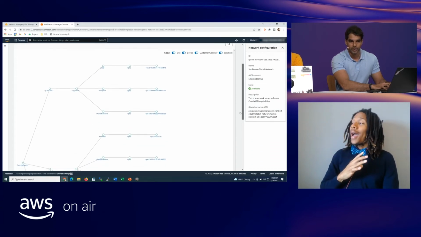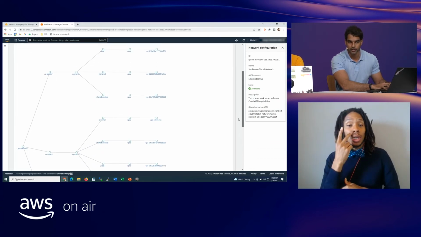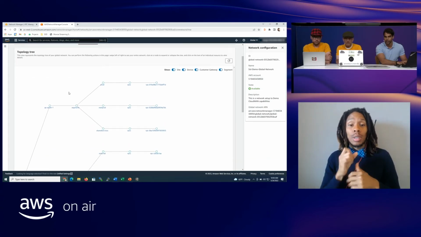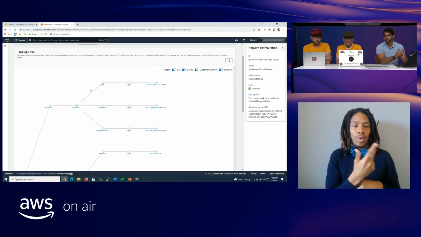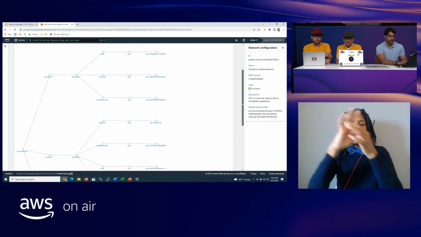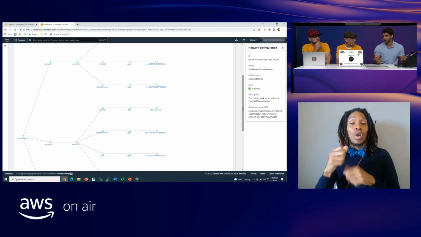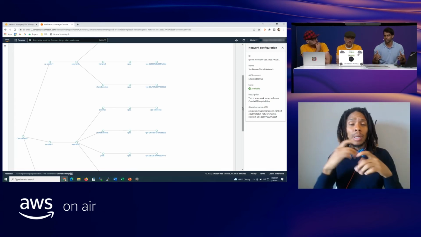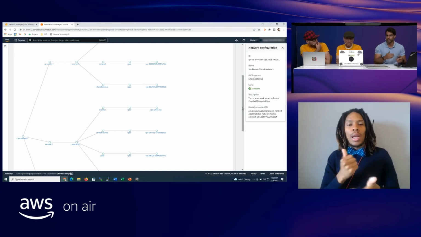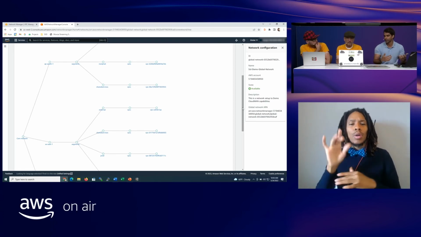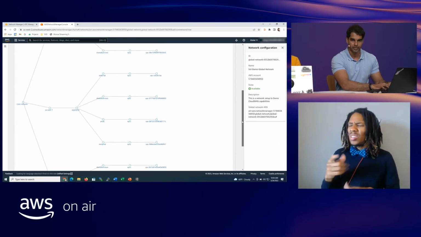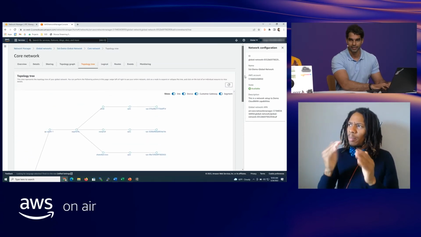Oh, nice. Yeah, okay. So you can see my core network has 3 regions. And within AP South 1, I have 3 segments. And then it also shows you what VPCs are associated with each segment. So when you're building these really large, complex networks, having this simple view makes it really easy to understand what's in your network. And you can click and drill down and figure out exactly what is happening within the network, rather than having to jump between different regions looking at what's configured. I can just see everything right here.